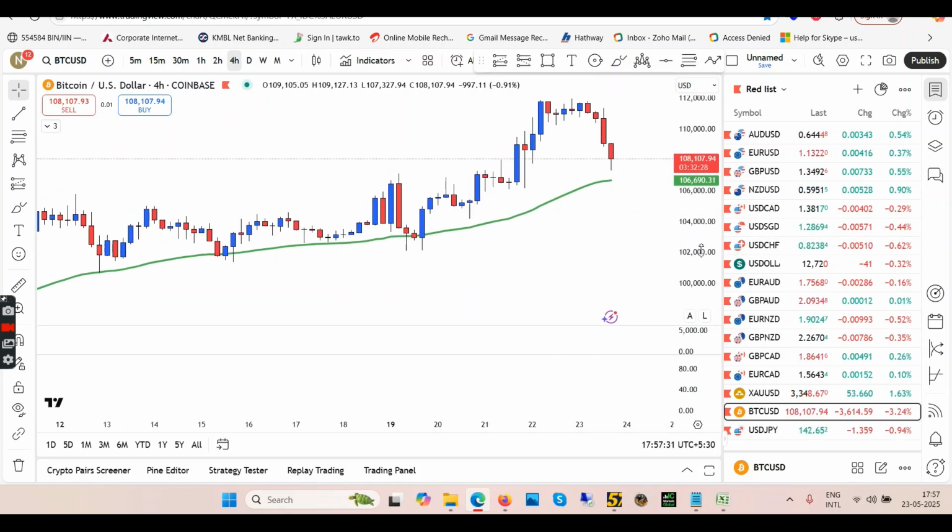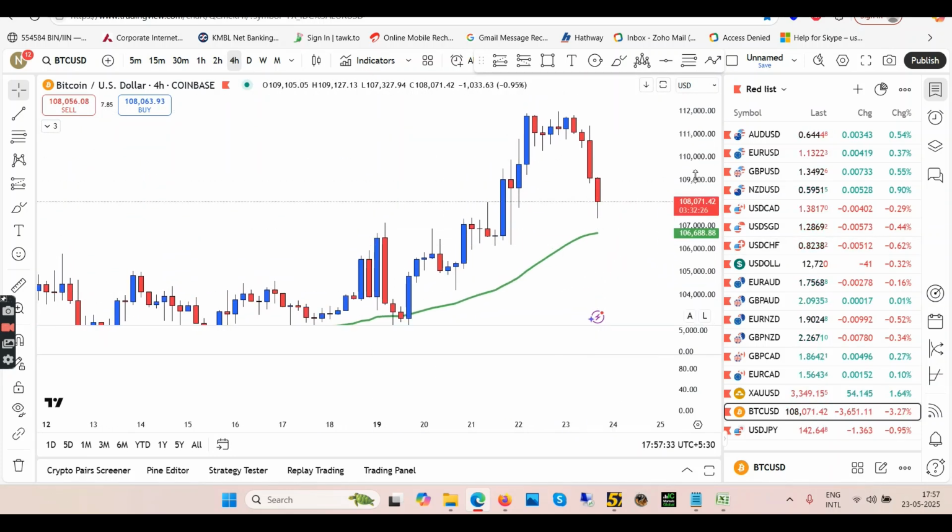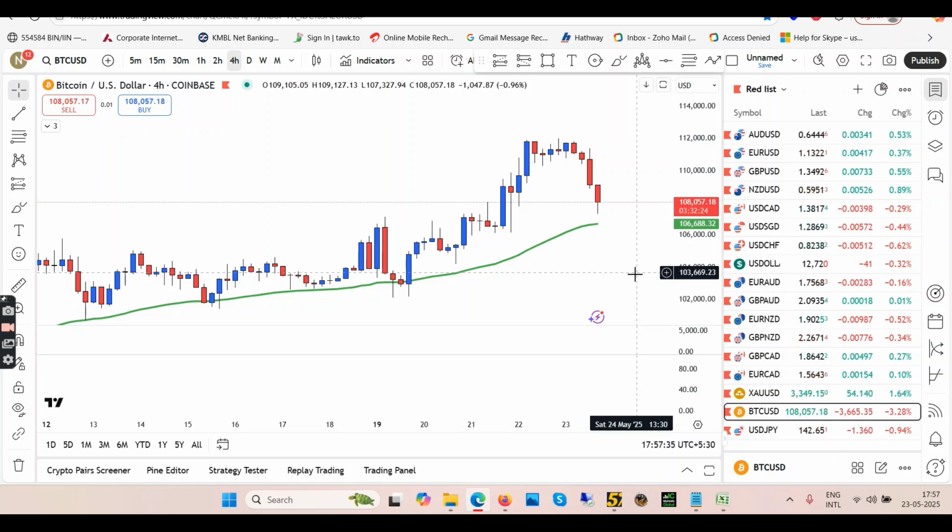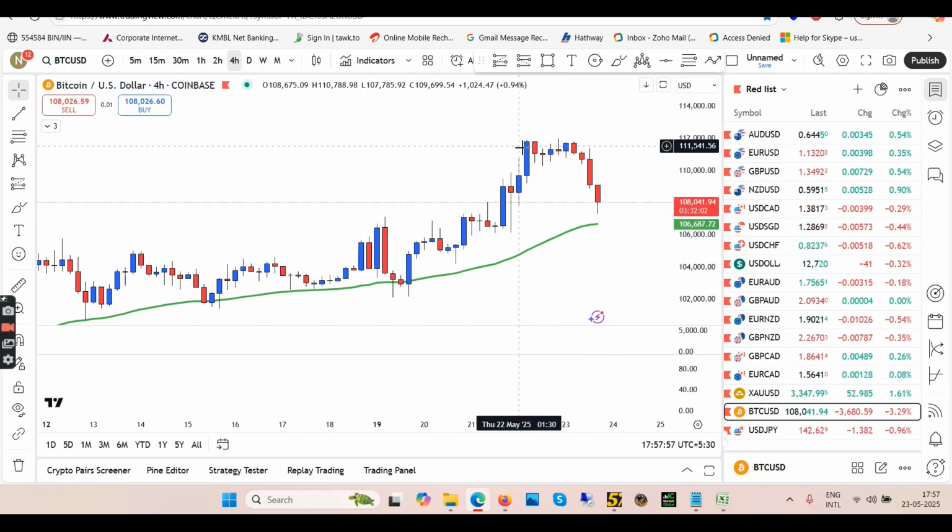In 4 hour, pullback is happening. So I think what is going to happen is we are going to touch down this EMA. Most probably we will not break below the EMA, but we will just mid-close somewhere around the EMA, or just have a rejection from the EMA. After that, if you see the next blue candle eating the previous red candle, that is where you will enter buy long and take down this high.